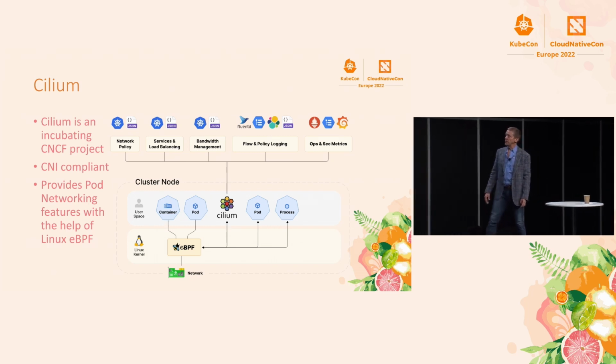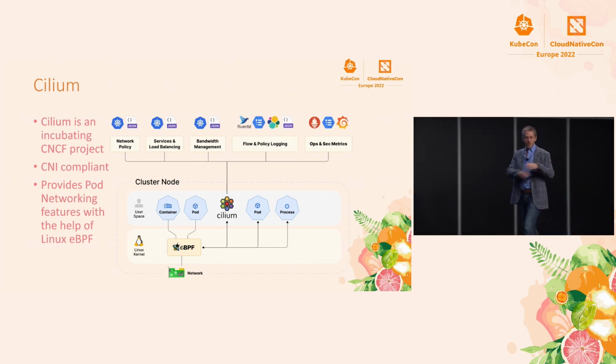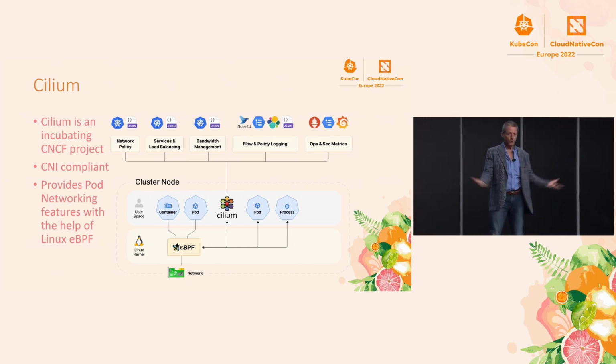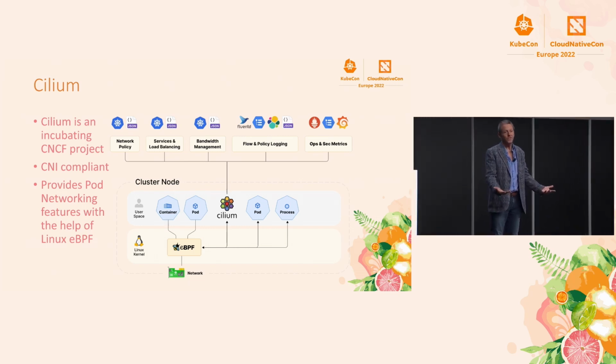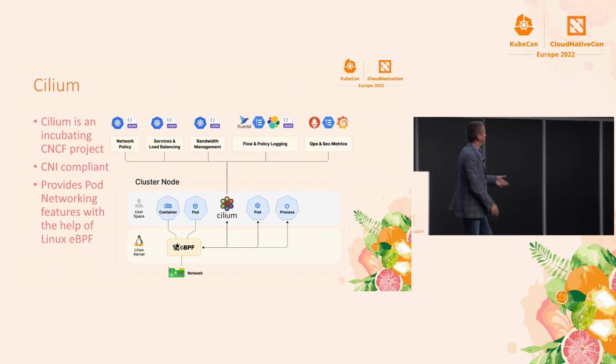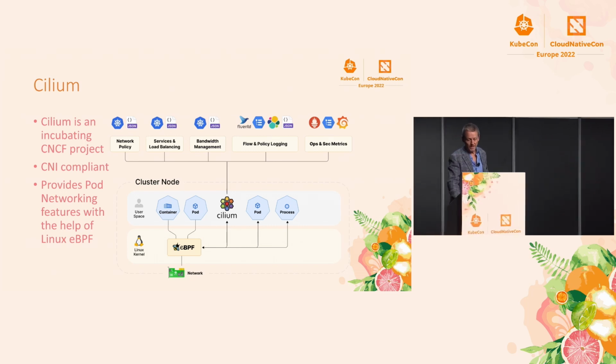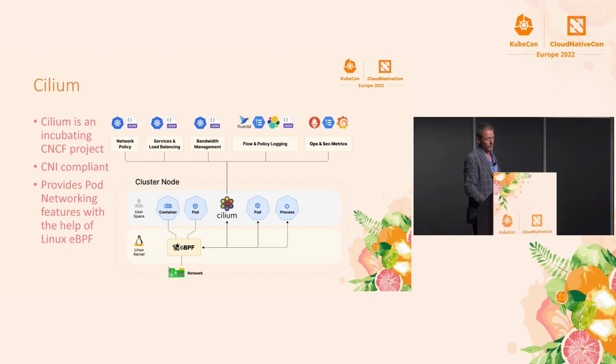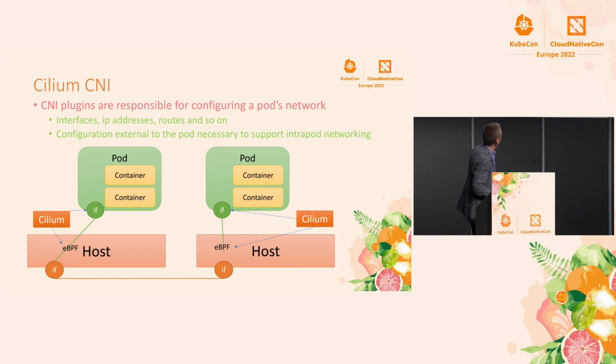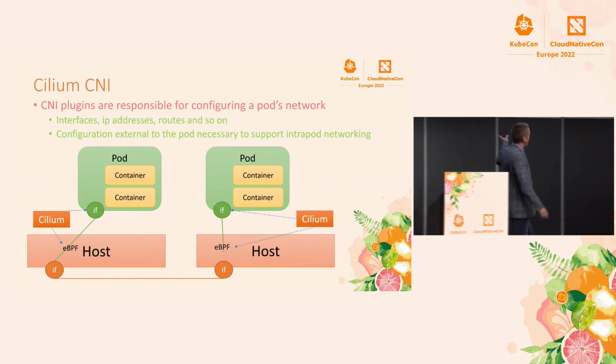And Cilium gives you the ability to use an overlay network. So you can tunnel the traffic between the hosts where the network underneath doesn't see the pod traffic. It just sees hosts talking. Or you can route the traffic. It's up to you. Cilium gives you some flexibility, and it is a really cool CNCF project with a bunch of neat features. So we're going to use that as our CNI plugin, and that's going to give us this.